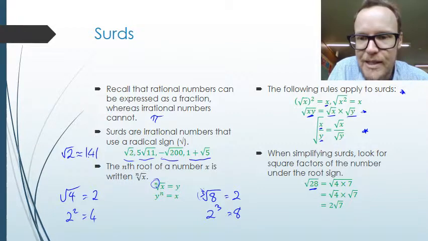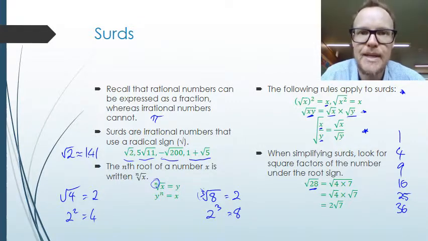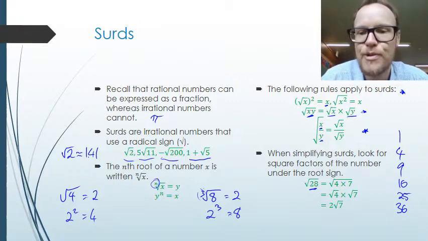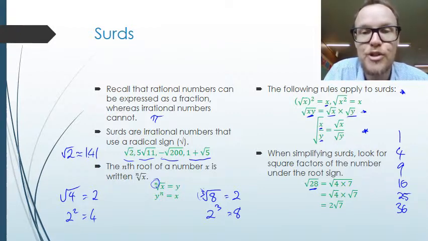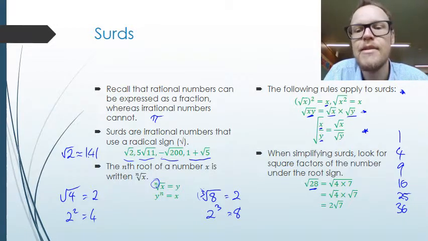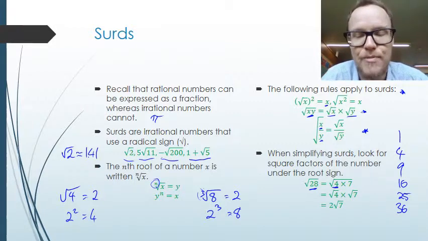Remember, perfect squares are 1, 4, 9, 16, 25, 36, etc. All numbers that we can take the square root of easily are perfect squares. So 1 squared, 2 squared, 3 squared, etc. For example, for the square root of 28 here, we can express that as 4 times 7, and we would choose 4 times 7 rather than 2 times 14,